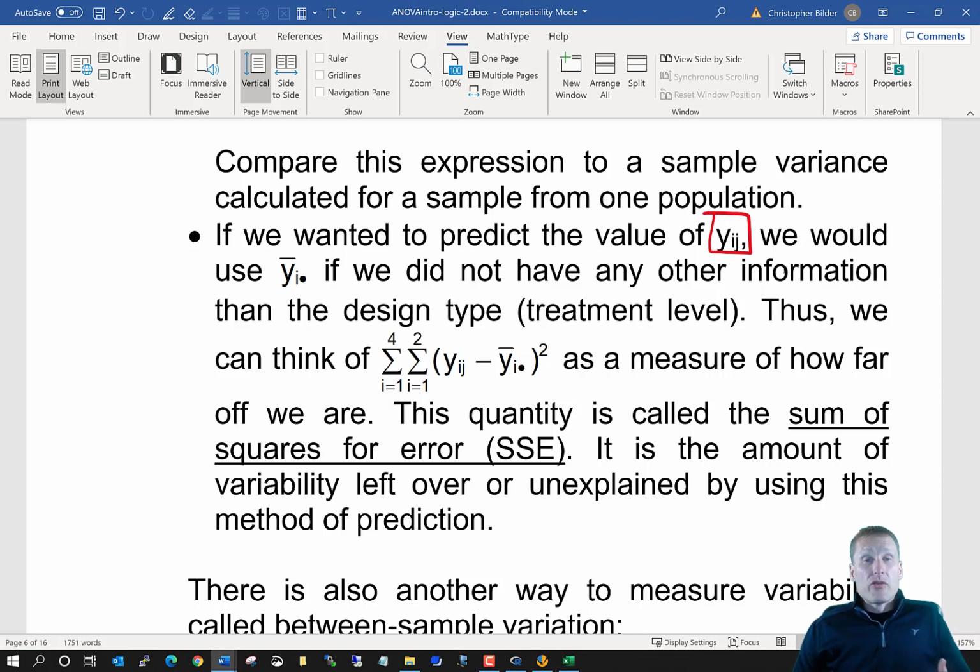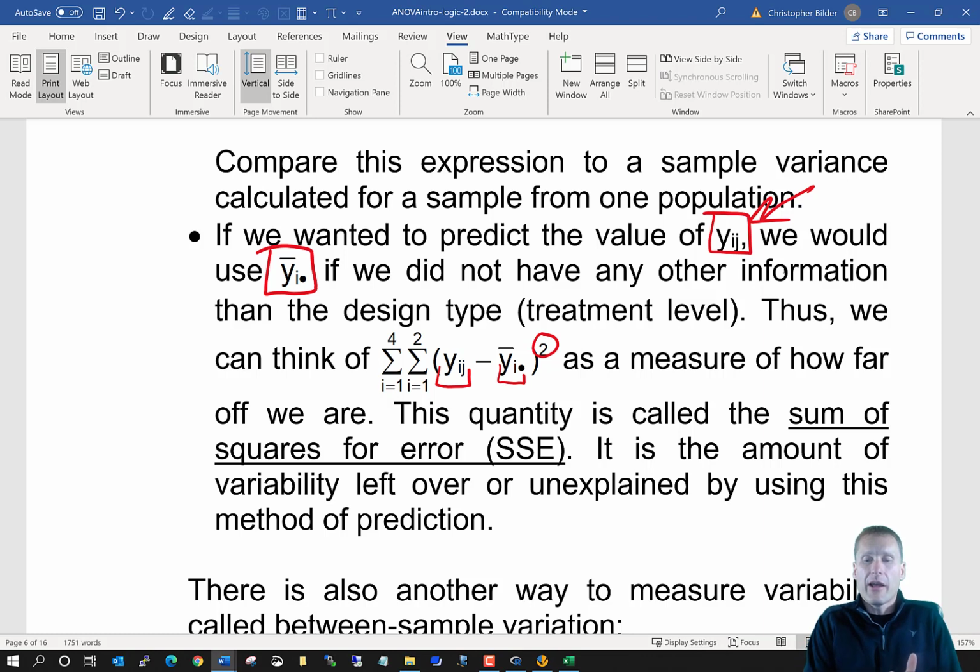And one way then to predict what it would be is simply, how about we use a sample mean? So if I had a sample of stores for design type I, find the mean, that seems like that would be a reasonable way to predict what an individual store would be. It's not going to be a perfect prediction, no. And how do we then judge how perfect it is? Well, we actually observe what that number of sales would be, subtract off its predicted value, we square it, and then let's get a measurement of the amount of how far we're off in this prediction across all the stores,